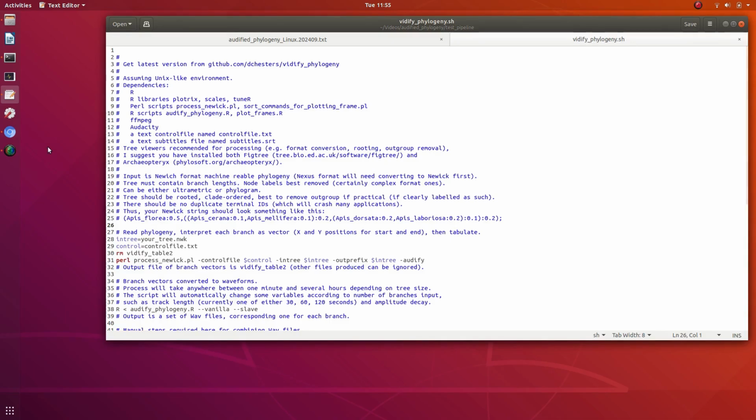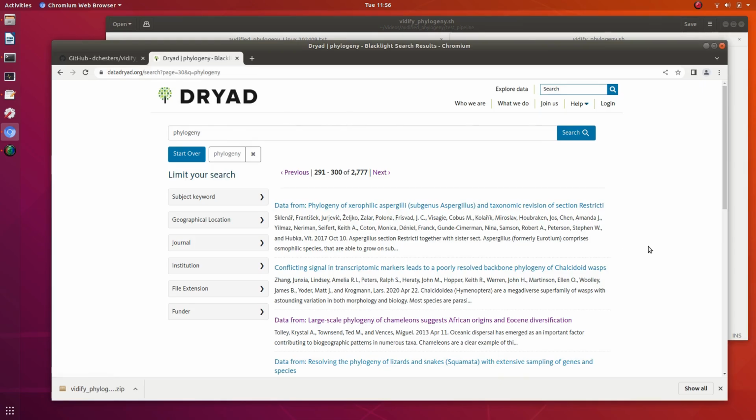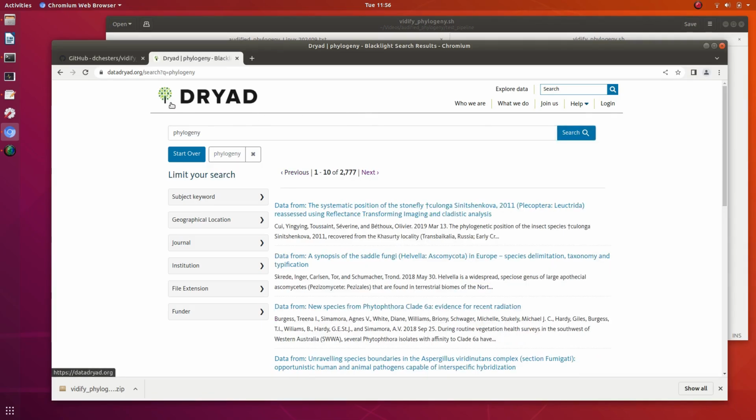Actually, what we want is probably the main source from these is a data repository. Particularly Dryad has a lot of these. So the default license for Dryad and I think Figshare is Creative Commons. The other ones I'm not sure, but so go to Dryad and search for phylogeny and you'll find